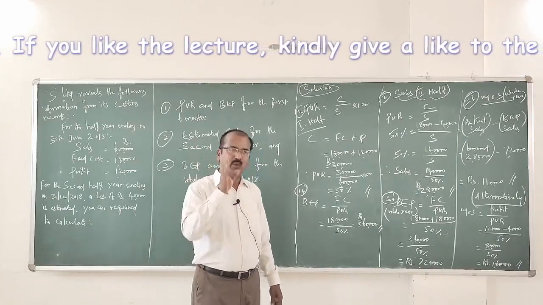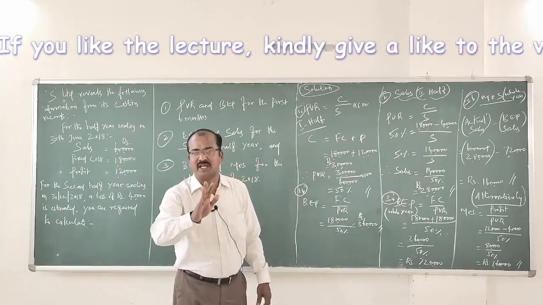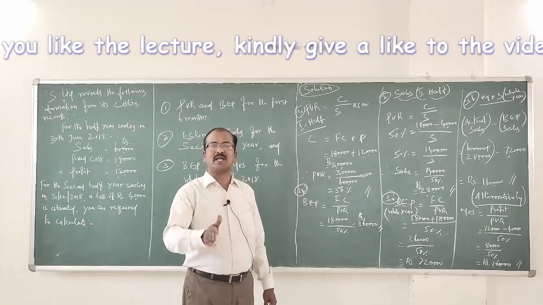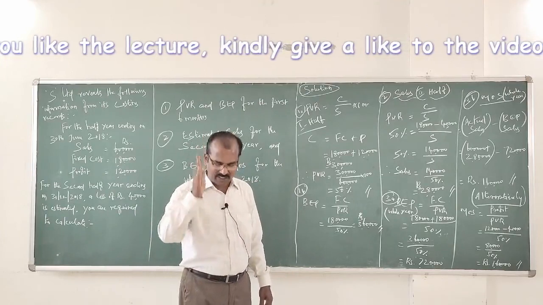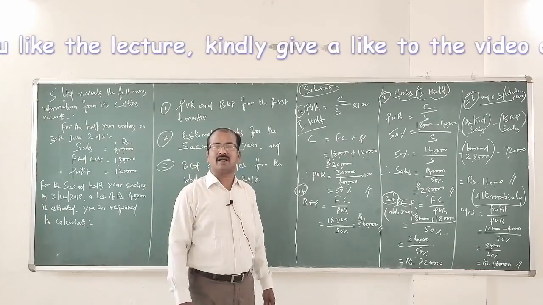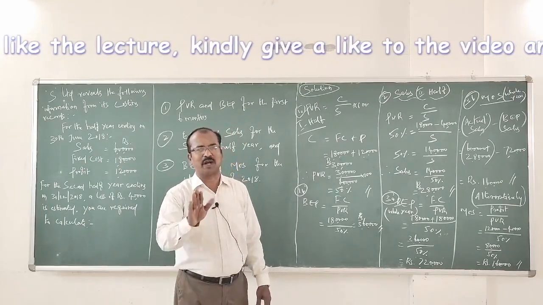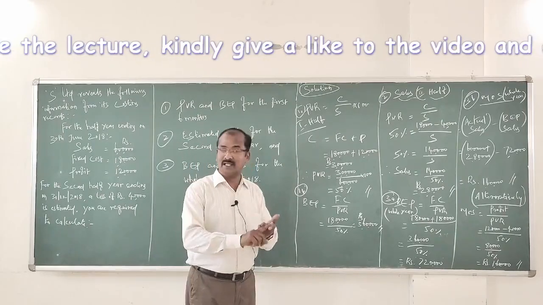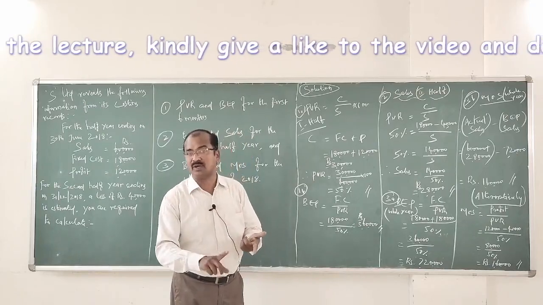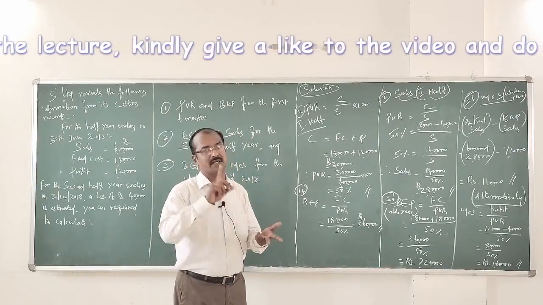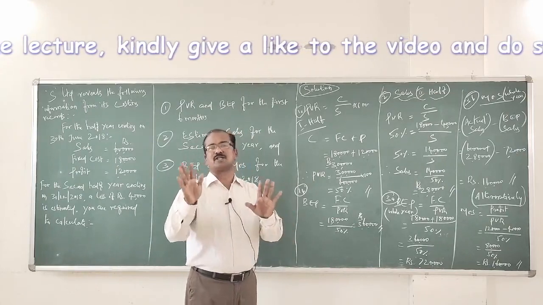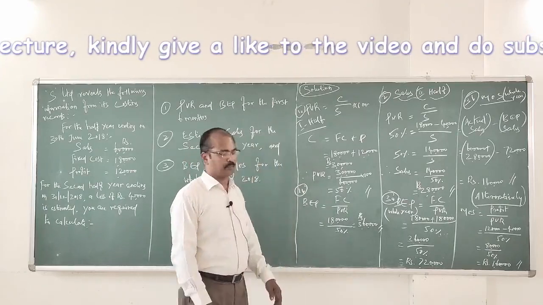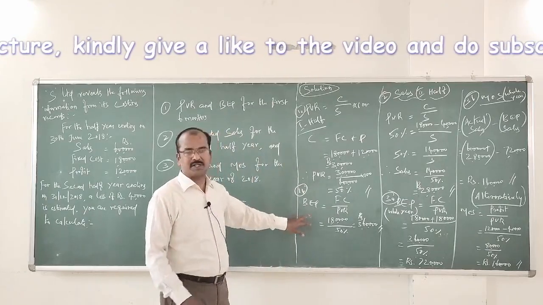And trust me, when there is no change in selling price and variable cost for the second half of the year also, you can very well say PVR is 50% for the second half of the year, and not only that, for the whole year also the profit volume ratio will be 50%. This happens when there is no change in variable cost and no change in the selling price; the PVR is going to be the same for the second half of the year and for the whole year as well.